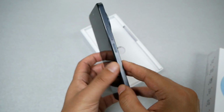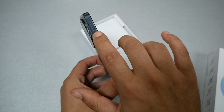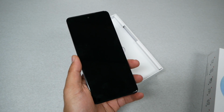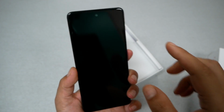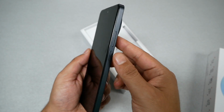It seems like the design and the look of the phone is great in my opinion. SIM ejector tool, it's going to be from here, and by the way, the phone also takes digital SIM or eSIM. We're going to have a speaker, we have a headphone jack, we have also USB-C to charge the phone, and we should have another speaker to fire from the front, fingerprint dedicated